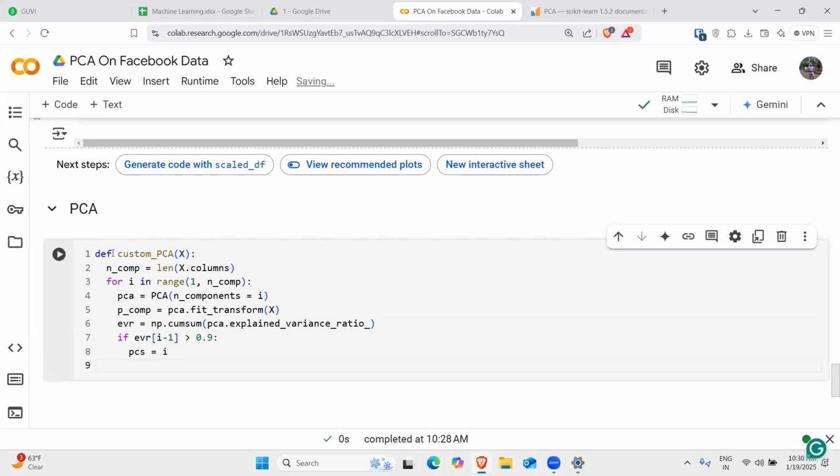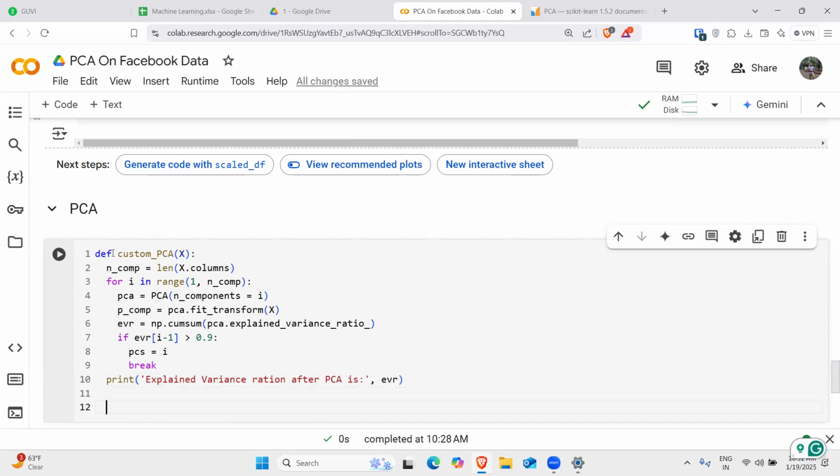I'm going to break this, right? And then I'm going to print: explained variance ratio after PCA is evr, and I'm going to